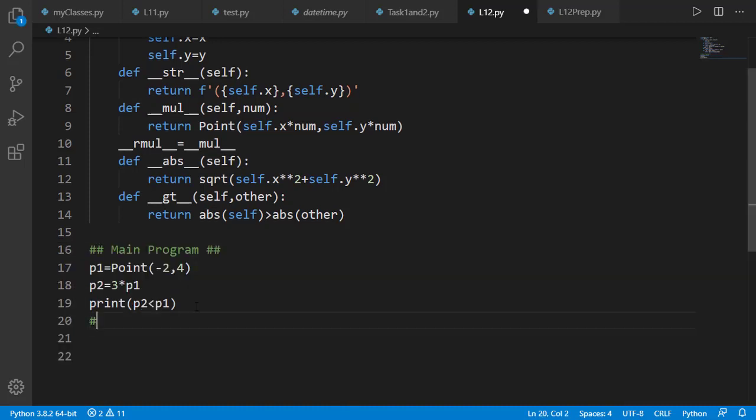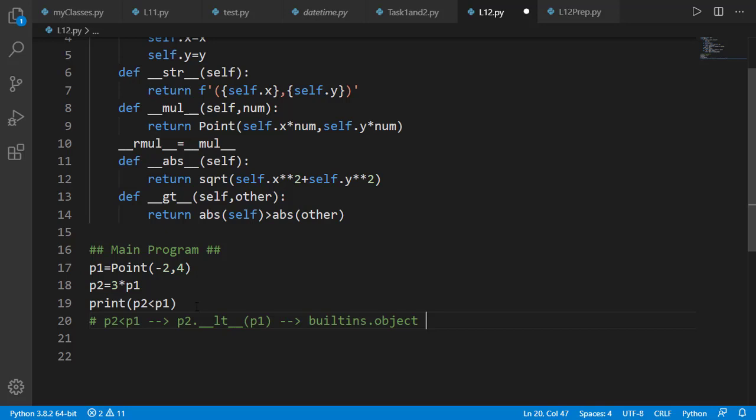What's happening is actually when we run p2 less than p1, Python tries to run p2._lt_p1. This method is not in point class. In such case, Python moves to a class named as object available inside built-in module. Actually, there is something known as method resolution order, which specifies the order of classes in which a method is searched by the Python. We'll see its detail when we study class inheritance.